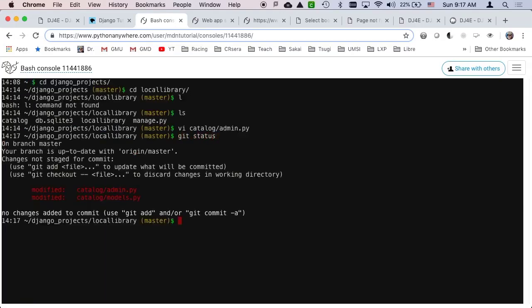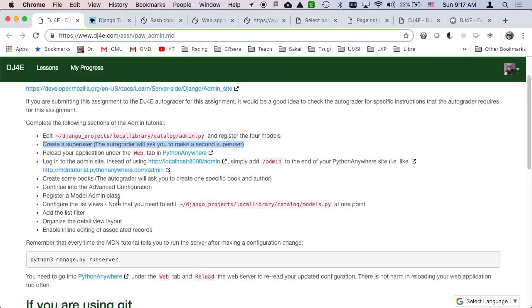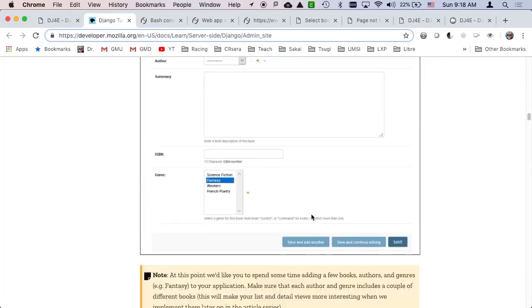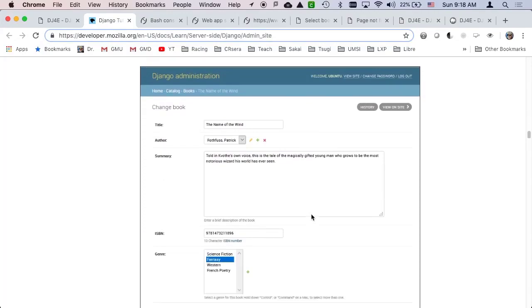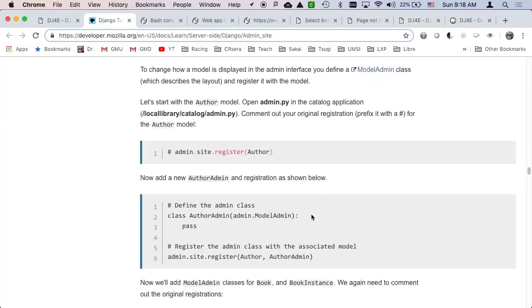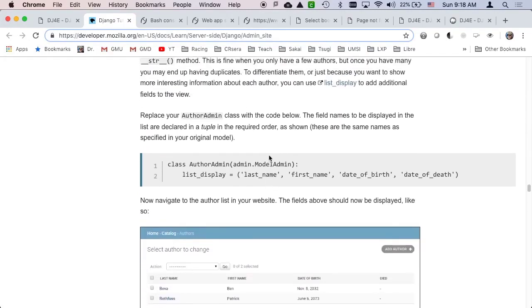So that's one of the files that you edit. I can use git status here. The other file that you edit is in the models file. So as you go, and I try to point this out in the instructions, these list views, some of the changes go into the models file, and it's hard as you go through. It tells you to put in some books. Yeah, so this is changing this admin.py file that you already saw there. And then this